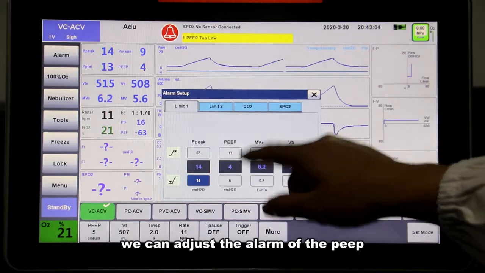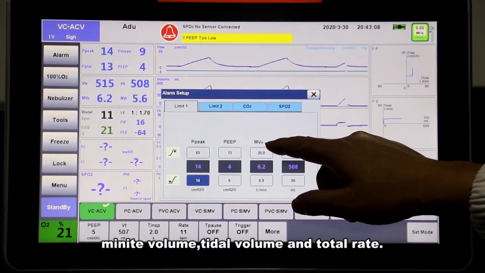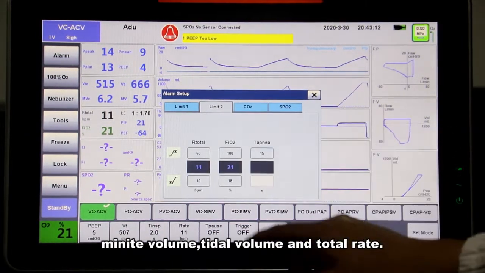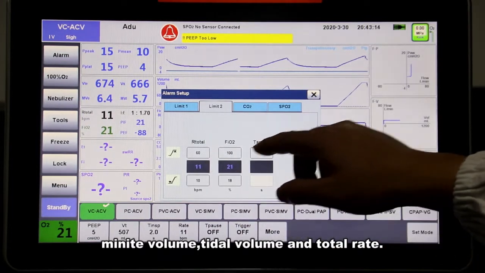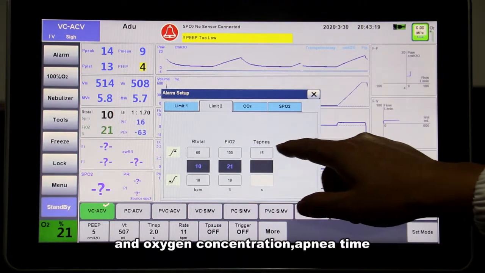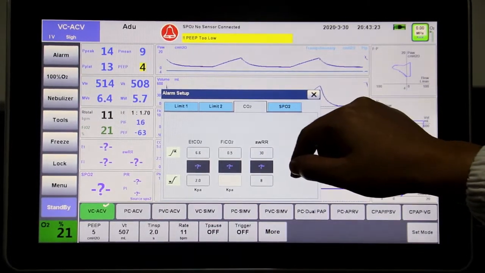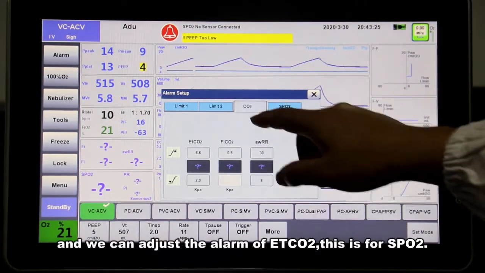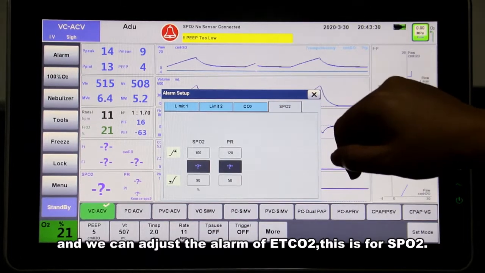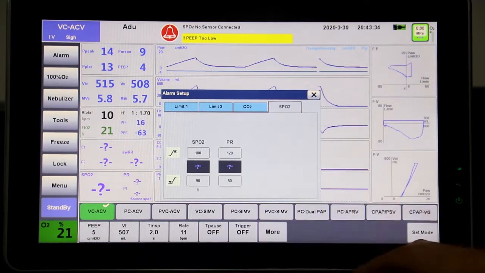And we can adjust the alarm of the minute volume, tidal volume, and the total rate, and the oxygen concentration, apnea time, and we can adjust the alarm of EtCO2. This for alarm of SpO2.